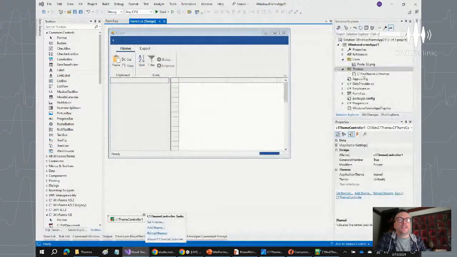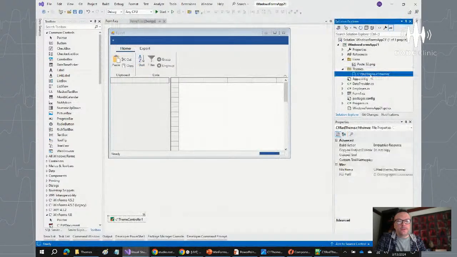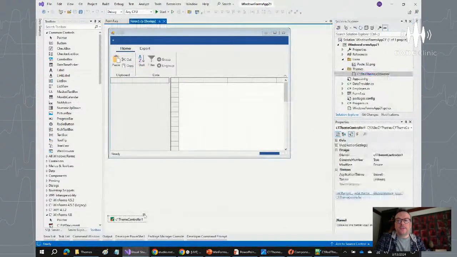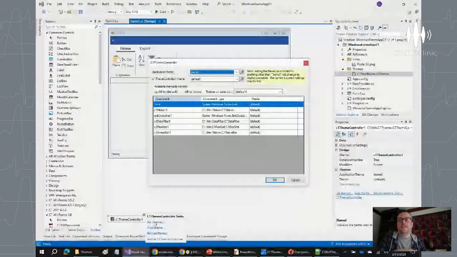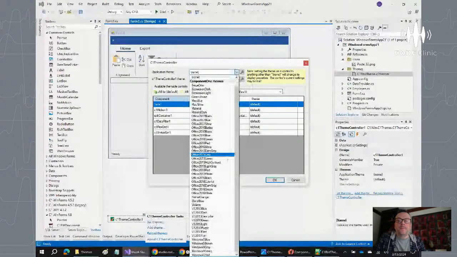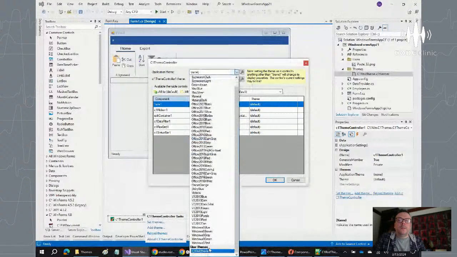Once it's added, you'll notice that it gets added as an embedded resource in your project. But now I can start setting it to various controls and places in my application by opening up the Set Themes. And it'll now appear at the bottom of the list under my user-defined theme. So I'm going to go ahead. And actually, what I plan to do here, just for the sake of time, I'm going to use built-in themes for the other components. So this is only going to be used on